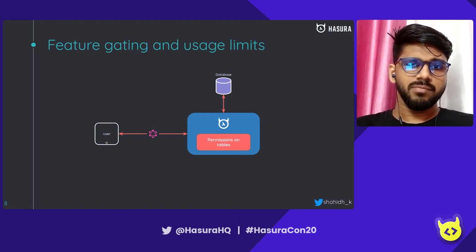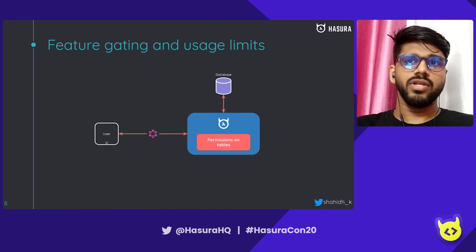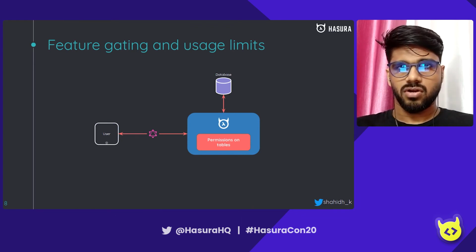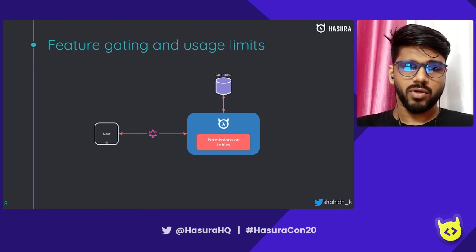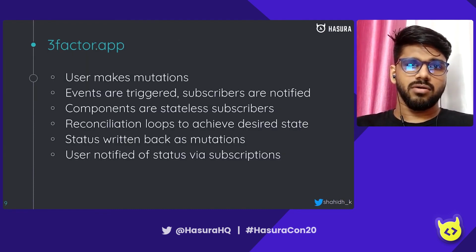So this entire thing becomes a neat model in which all our business logic and everything is modeled within Hasura itself. We don't need to build an entire system separately where all of this business logic is handled. We get a bird's eye view of what is allowed and what is not allowed, and what is possible and what is not possible, by looking at how the permissions and the tables and everything is configured on the Hasura instance itself. This in turn is what we have always put together as the three-factor app pattern,